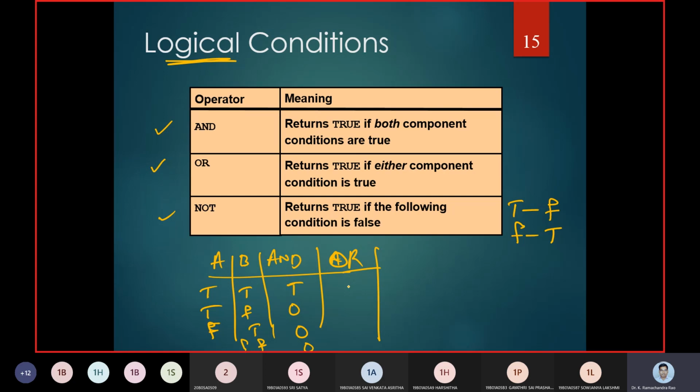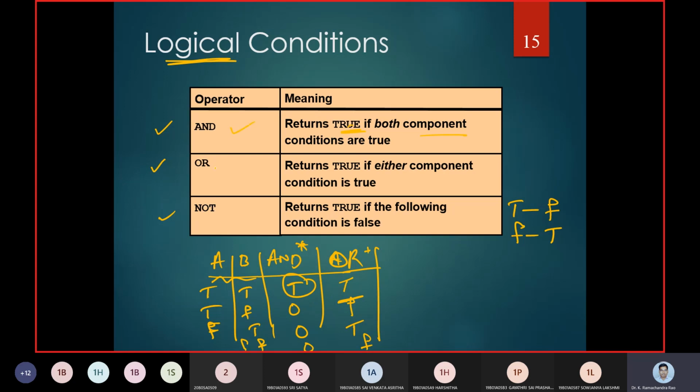And OR is quite the opposite, like a plus, whereas AND is like a multiplication. So it says true plus false is true, false plus true is true, and false plus false is false. Now you can see here AND returns true if both components are true. So true and true is true, therefore we call it an AND operation.